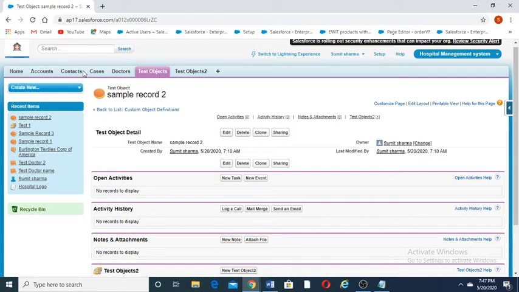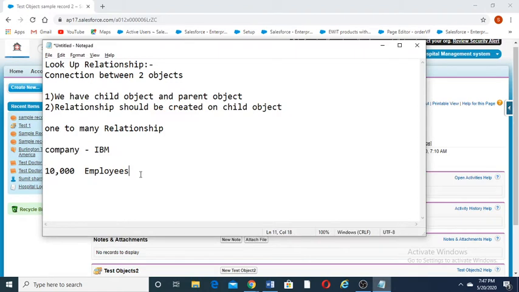Many to one is the opposite: many employees, one company, and many contacts, one account.